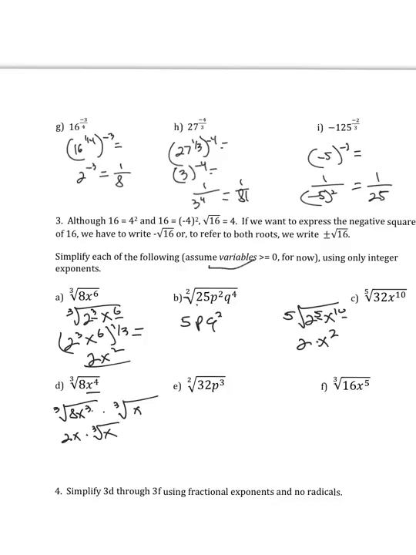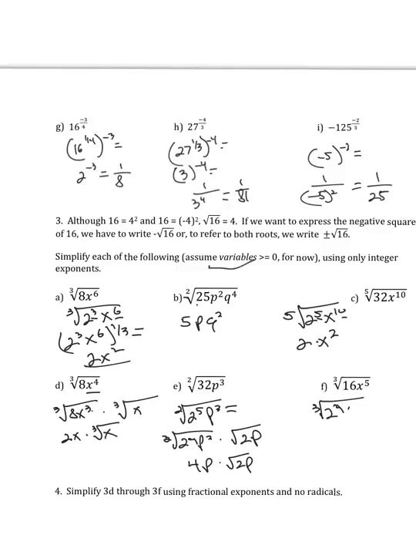x here. Over here, we have the square root of 32, so we have the square root of 2 to the 5th p cubed. We could break this into the square root of 2 to the 4th p squared times the square root of 2p, and this simplifies to 2 squared, or 4p, times the square root of 2p. Okay. Over here then, cube root of 16 x to the 5th is the same as the cube root of